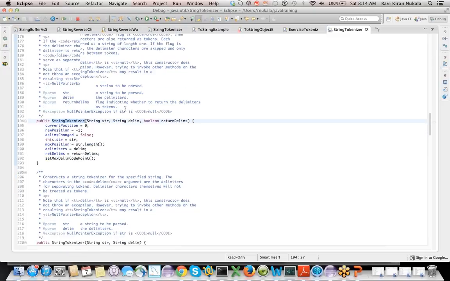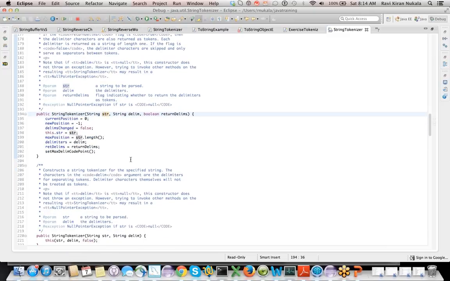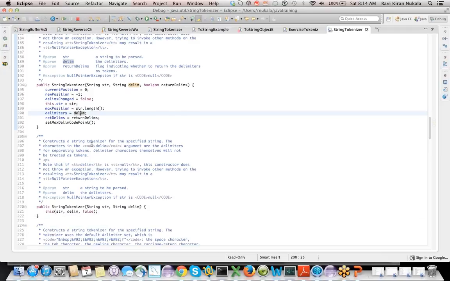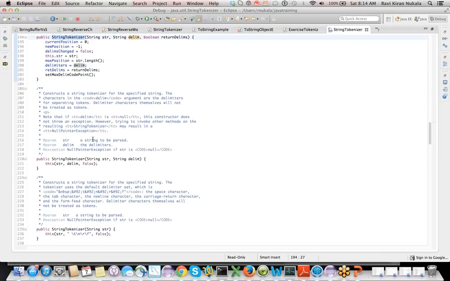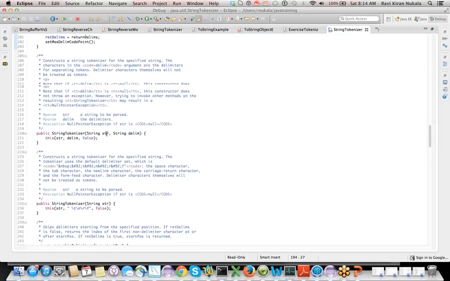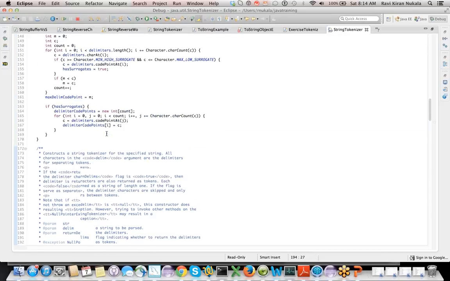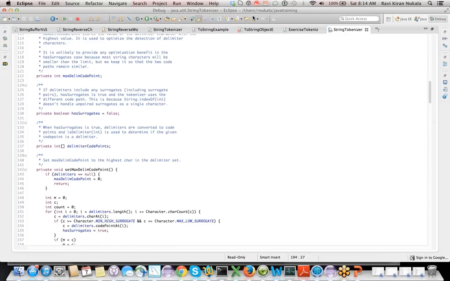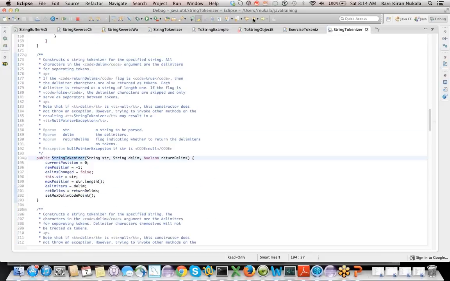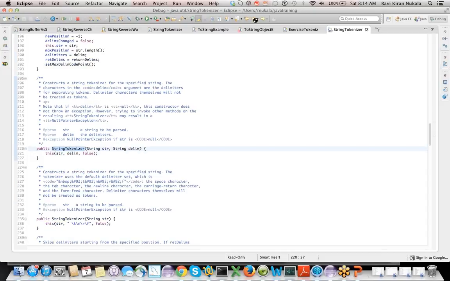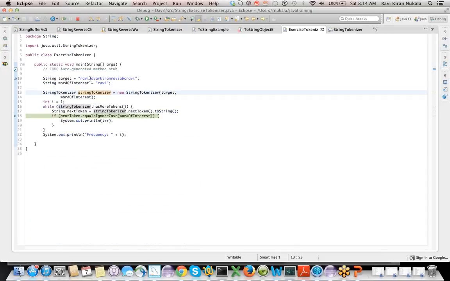So this is the string. It's taking that as a max limit. Then what does it do? So delimiting a string.